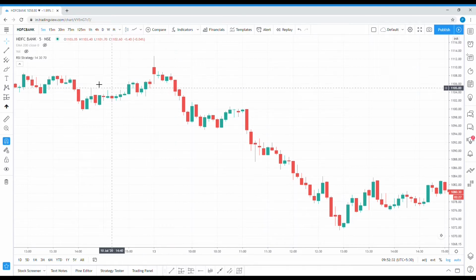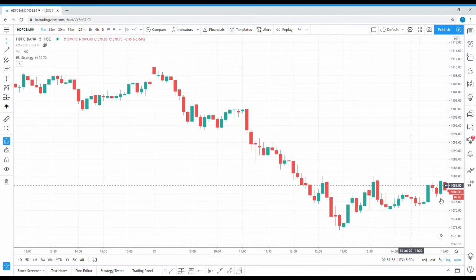Because we have chosen to see a new candle after every 5 minutes. Every candle represents some price, some points, so we want to see those price movement changes after every 5 minutes. That is why a new candle is getting created, and how to read candlesticks I'll be explaining in the upcoming videos.